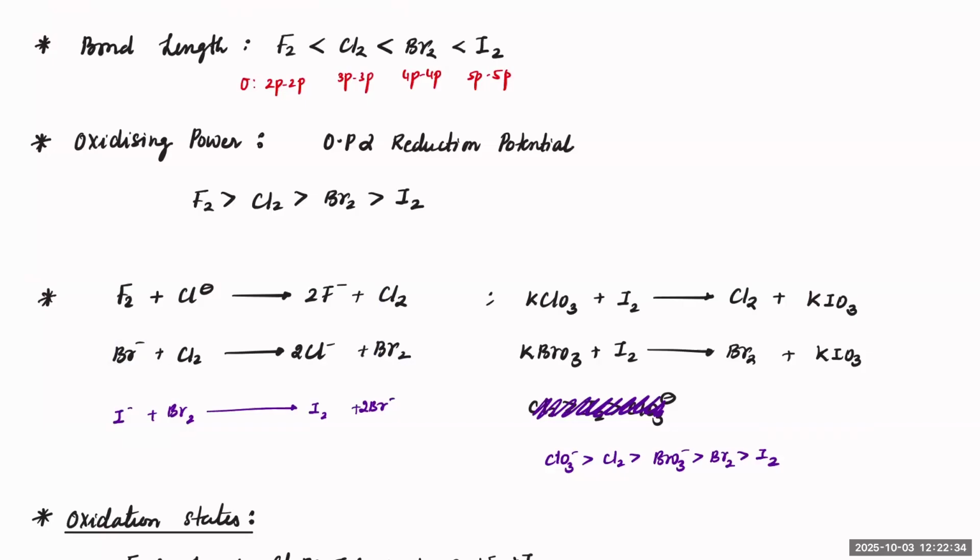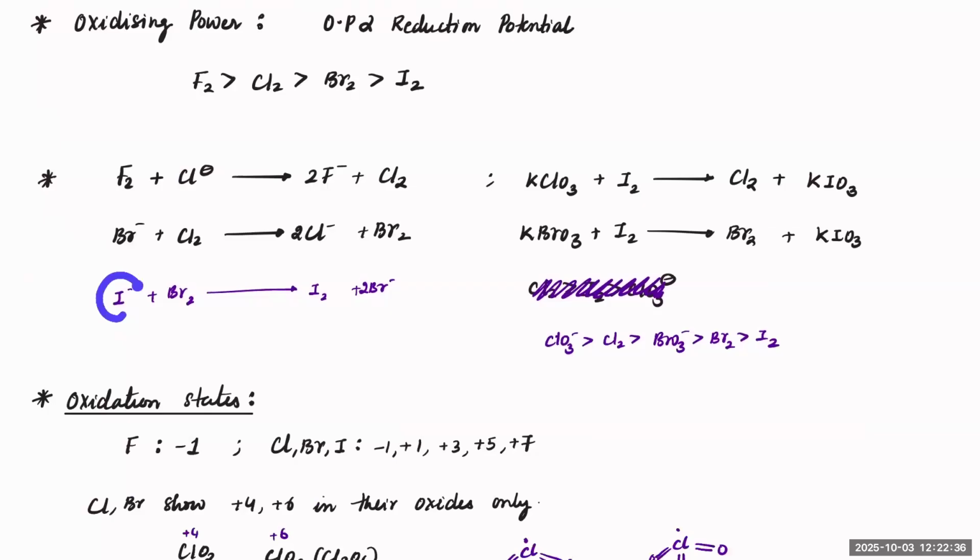Next, I minus, when you react it with Br2, will convert into I2, and Br2 will convert into Br minus. And next, ClO3 minus, when you react it with I2, I2 will be oxidized into IO3 minus, while ClO3 minus will convert into Cl2. BrO3 minus will also convert into Br2. That means it gets reduced in the presence of iodine and converts into